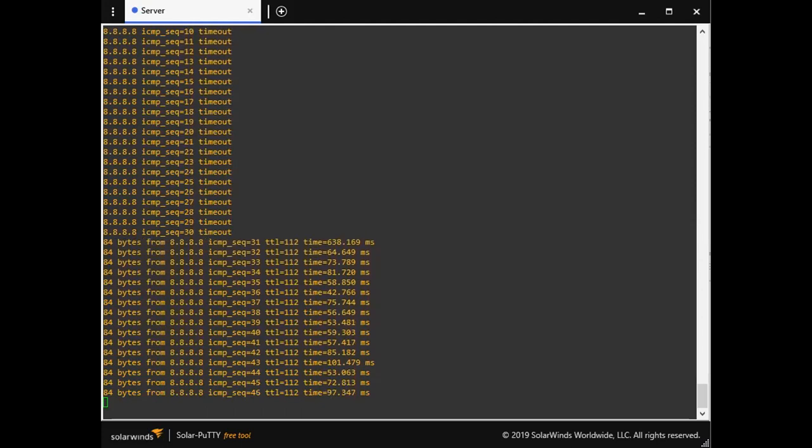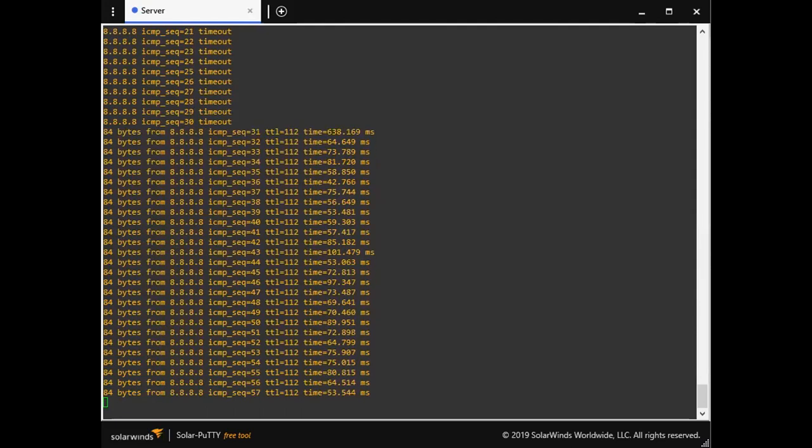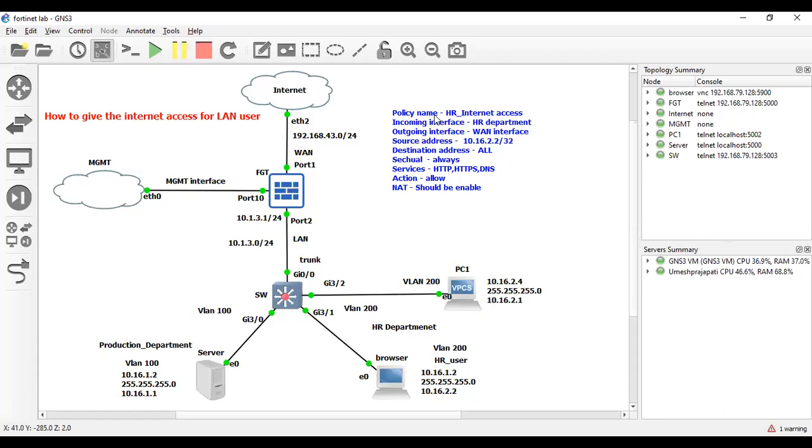So whatever policy I have created, let me recall that one. Here is the lab diagram. As you can see, I have given the policy name. First of all, you have to create a policy name; you can create it as per your requirement. I have created HR internet access. Then you have to define the incoming interface and then the outgoing interface.